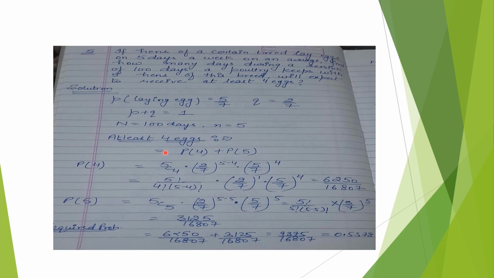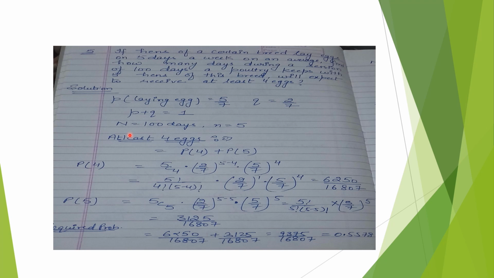So for at least 4 eggs, the probability will be calculated like this: probability of 4 eggs plus probability of 5 eggs, because we have total 5 hens. Now calculating the probability of 4 eggs, we will use the formula nCx q to the power n